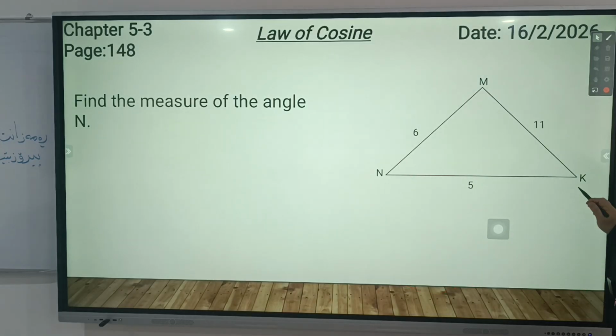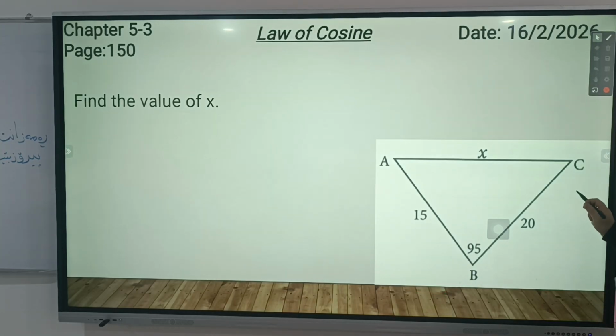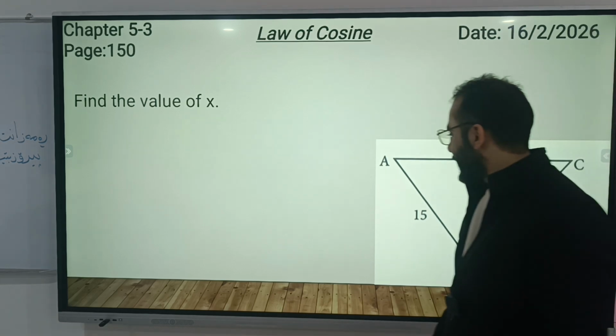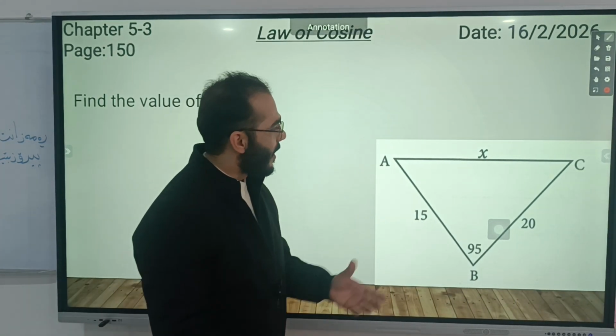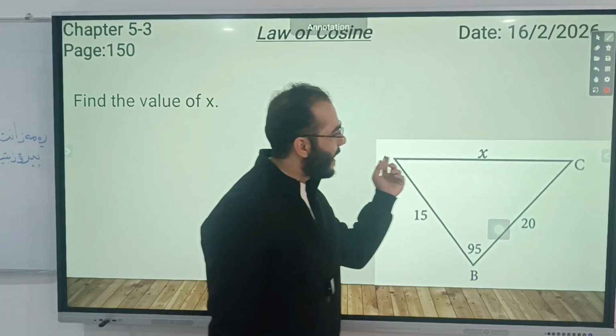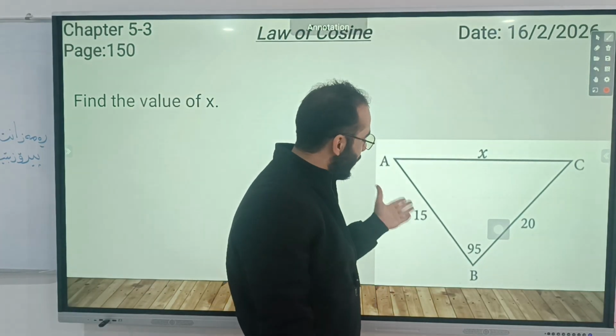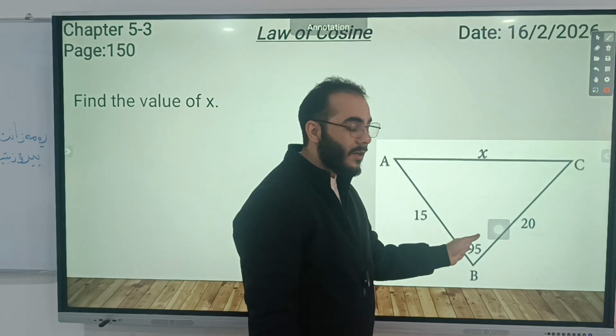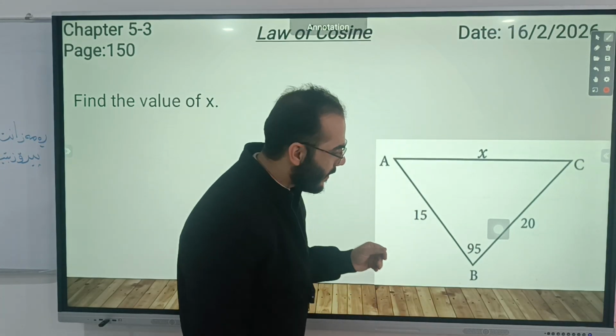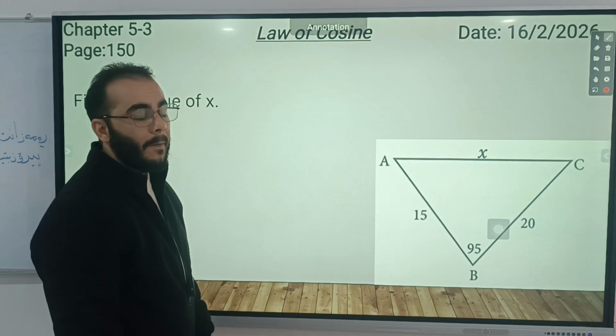Okay, let's move to one more question, but we have got a lot of questions. As you can see in this triangle, it says find the measure of x. X is outside of the triangle, so it is the length of a side. But as you can see, two sides and the angle between them are given. Therefore, we need to use the